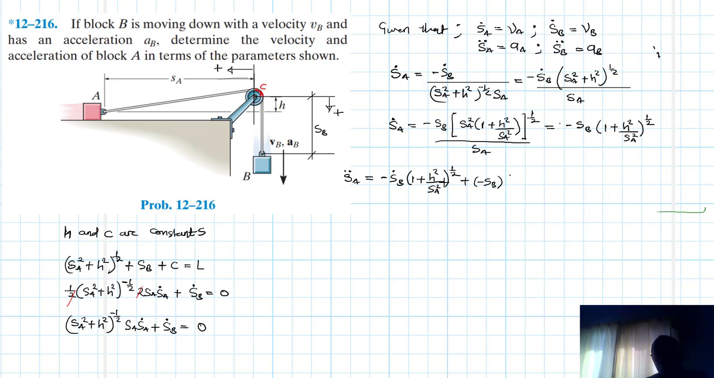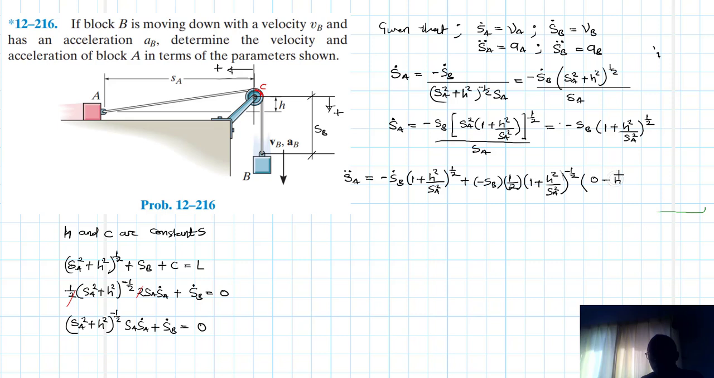Then we work on this one now, SB, then the half, using power rule, this half comes down, then we'll have the 1 plus H squared divided by SA squared to the power minus 1 over 2. Then the inside of this is just a 0. This one we are going to use the quotient rule. Remember the quotient rule? So it just becomes SA squared times 0. So this just becomes a 0 here, because H is a constant, then minus